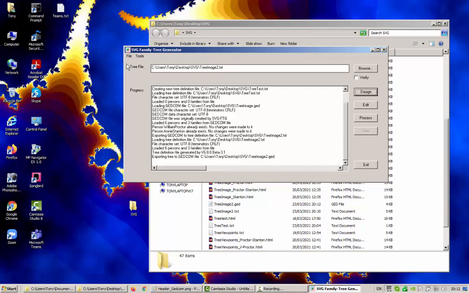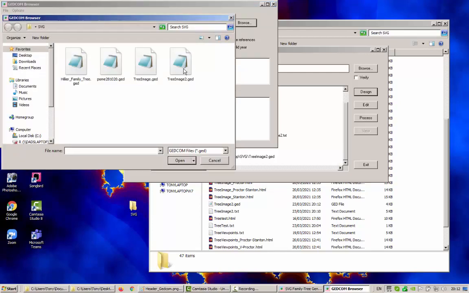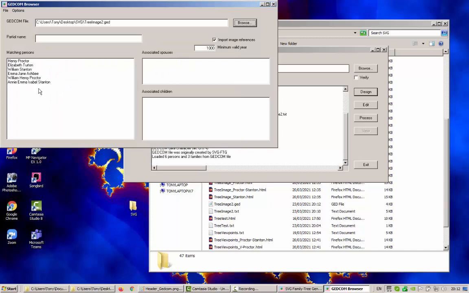And to prove that that is a valid one, we'll try and import it. That's still showing the old one. Tree image 2.ged. Yep, and it's got the same people, and we could go through the whole process again. A couple of caveats here. The turnaround cannot be 100%